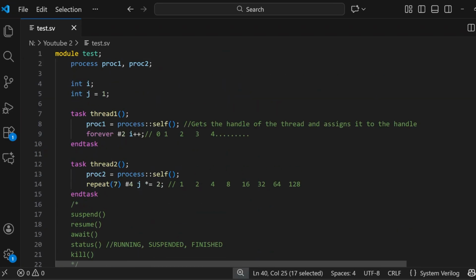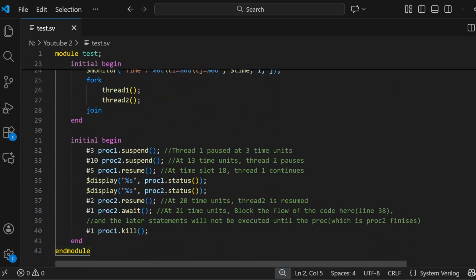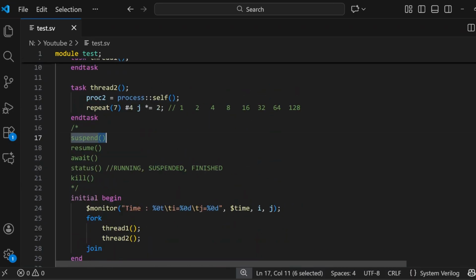Just remember, you have to use the scope resolution operator inside the particular method, and you have to assign the handle of that task or of that thread to the handles of the process class, which you have to declare first. And right after that you could use another initial block in parallel, and inside that you will be using 4 methods: the suspend method, which pauses the thread; the resume method, which just resumes the thread;